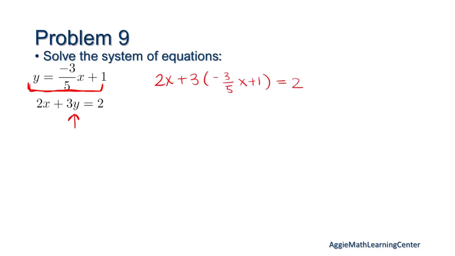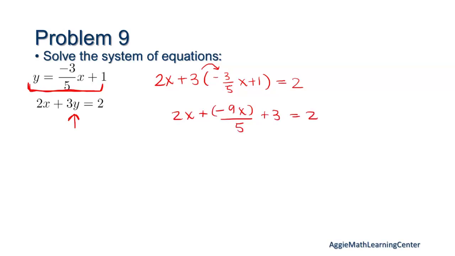The only thing with substitution like this is that if your equations are long and you have to distribute, like I have to distribute this 3, it can become a lot. So sometimes elimination, but usually substitution works for questions like this. Okay, so I'm going to distribute my 3 here. So I have 2x plus negative 9x over 5, and then plus 3